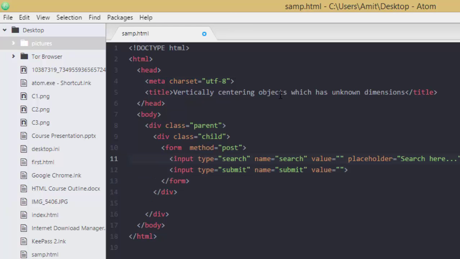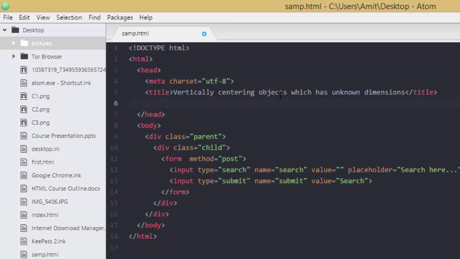Now this time we want to change this value empty to search. Okay, now all set, and let's see its preview in our browser.